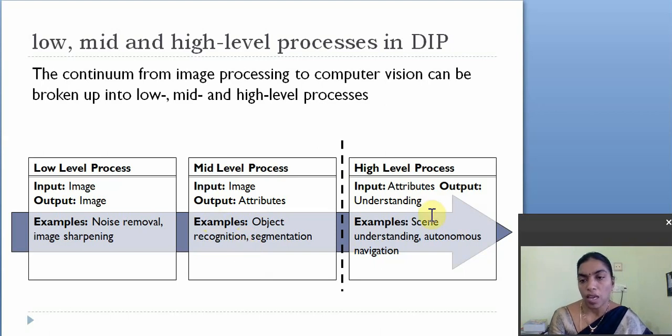Now coming to the high level process. After separating, in the mid level process what I did was separate the fruits only. After that, I need only the apples. A lot of fruits are there, but I need only apples. Based on the attributes, I should give some understanding to the system, and then only it gives the apple fruits. In such a case, that is said to be a high level process.